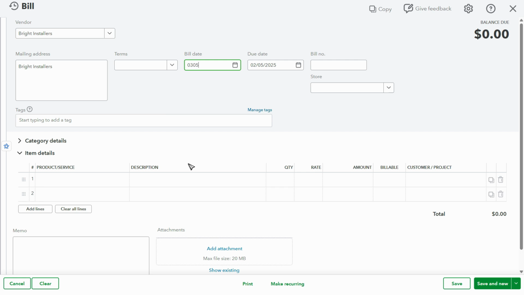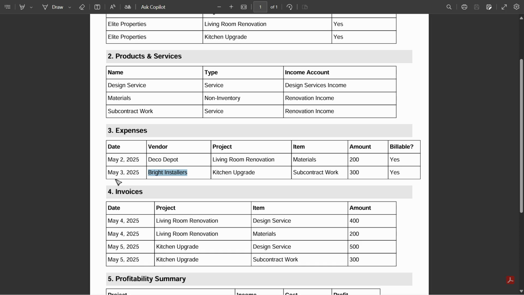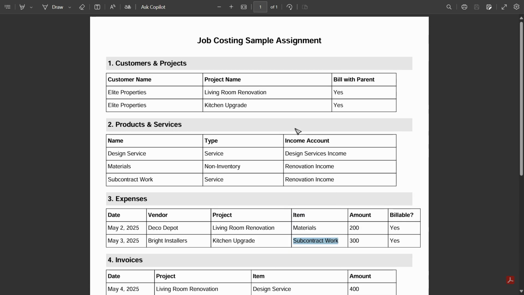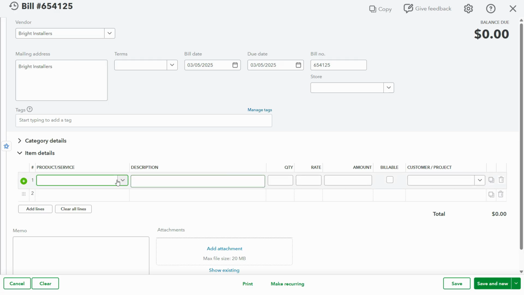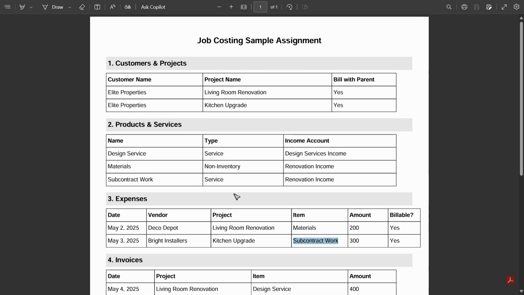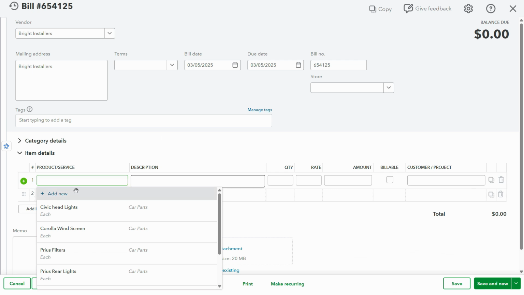Transaction date is 3rd of May. I'll just put any bill number. In the products and services, I'll just write here that we are purchasing subcontractor work. So what is the description of this? Subcontractor work is a service and renovation income. So just copy this name here, add new,